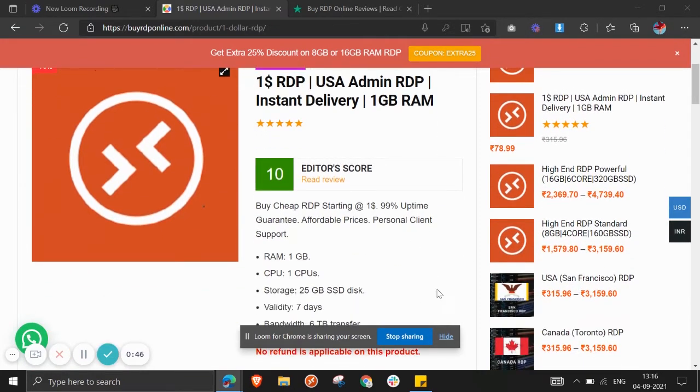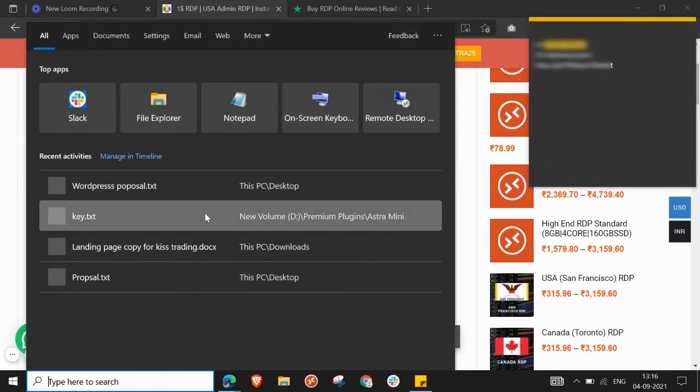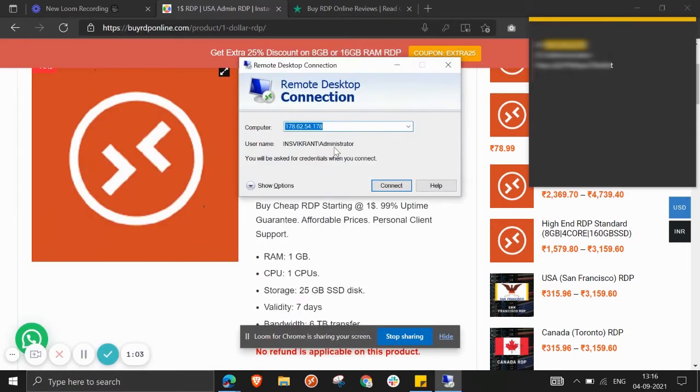Okay guys, so let me show you my details. These are my login details that I got after buying my order from this website. Now you need to go to your search box and type remote desktop connection and open it up. This is how I opened it up, and now you can type your IP here